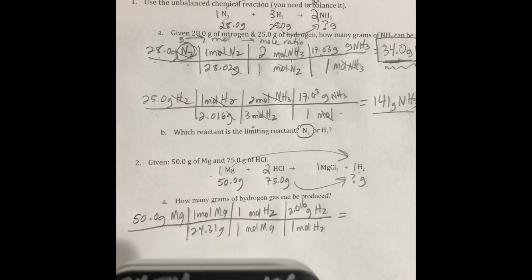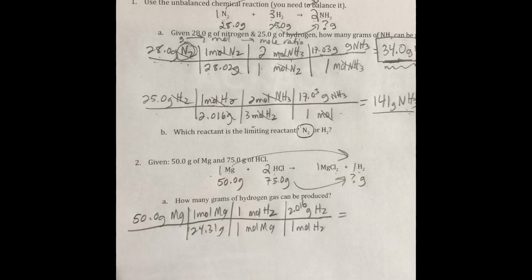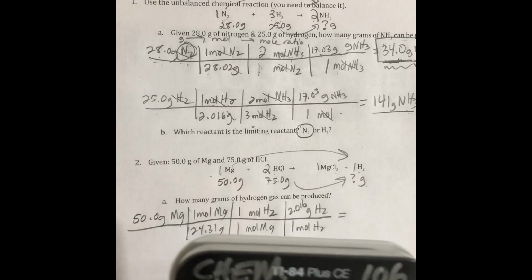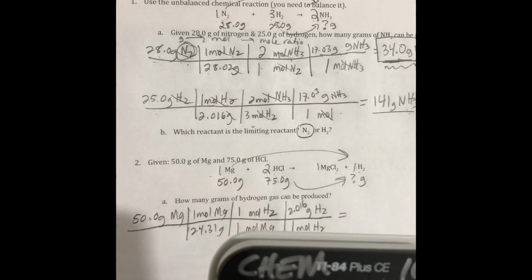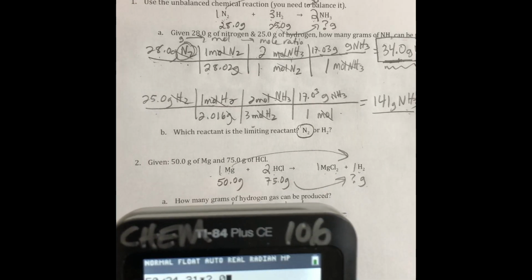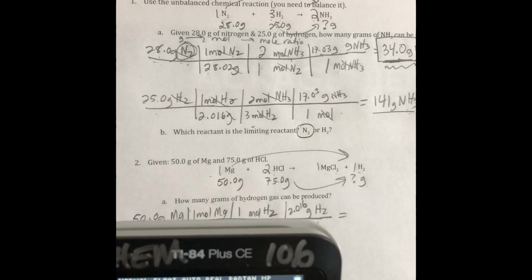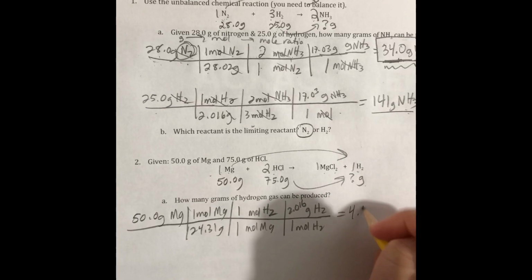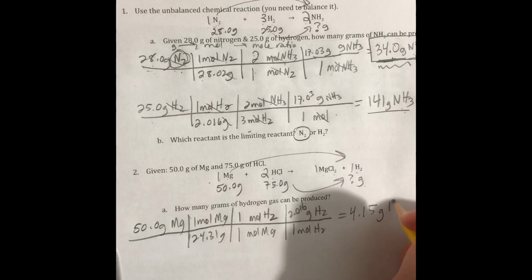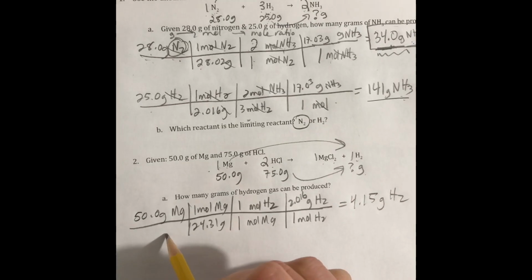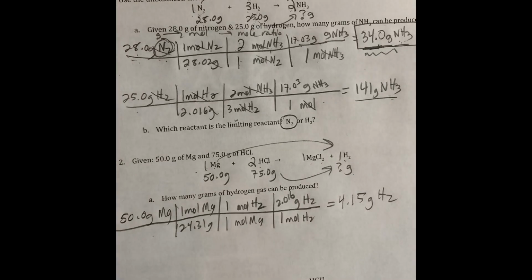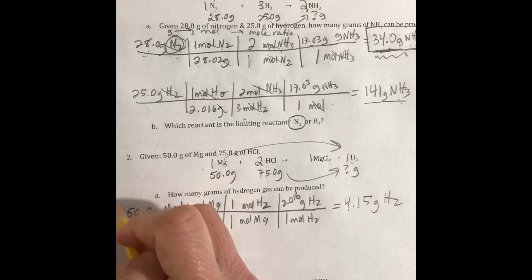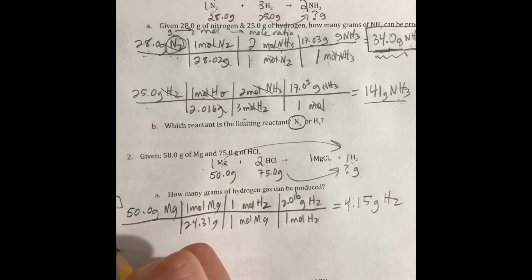So in my calculator, I will do 50 divided by 24.31 times 1 divided by 1, which I don't put in my calculator, then times 2.016, and that equals 4.15. So 4.15 grams of hydrogen gas can be produced with 50 grams of magnesium. So that's my first line of stoich. Now I'll do my second line of stoich,